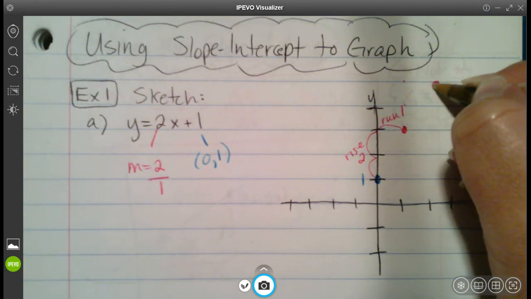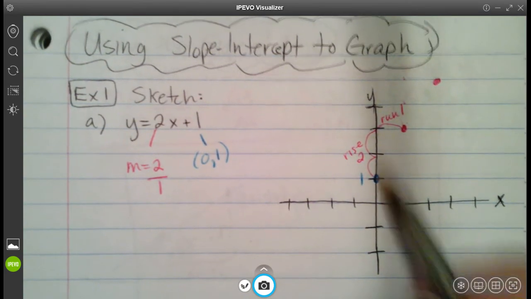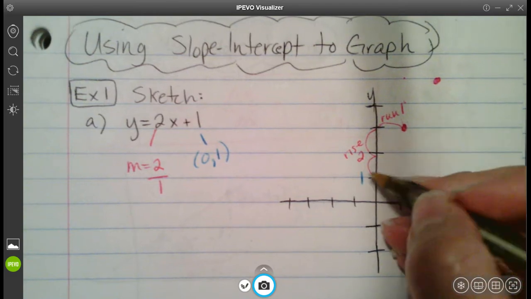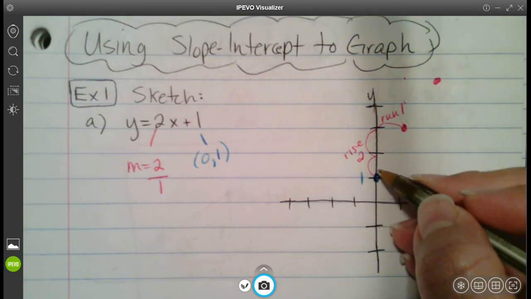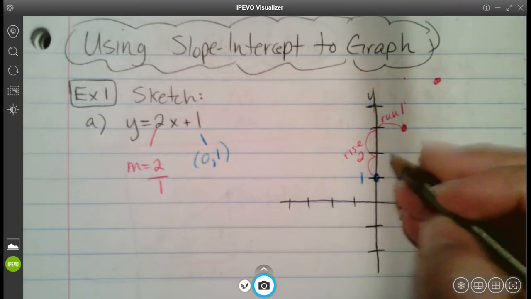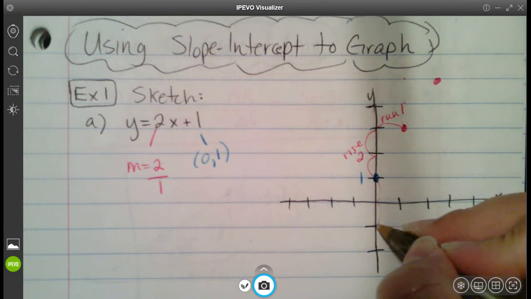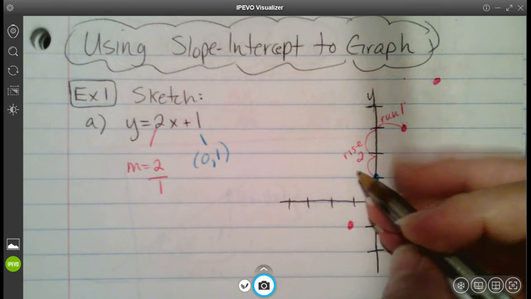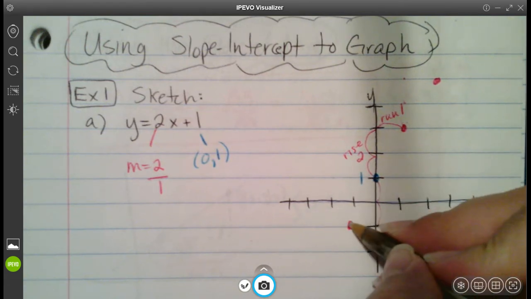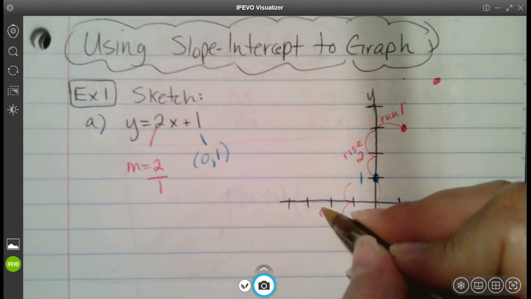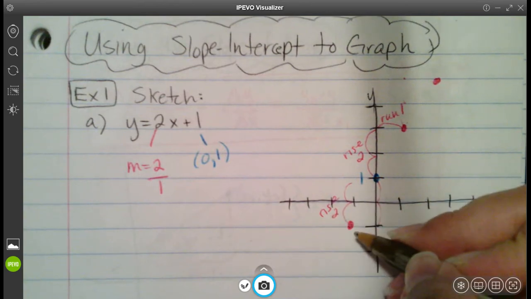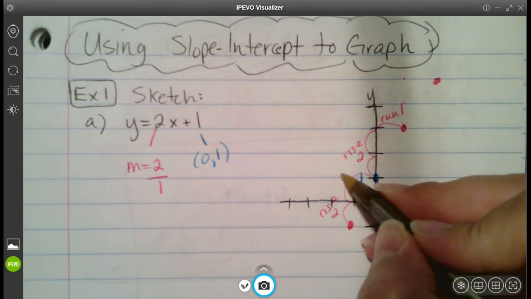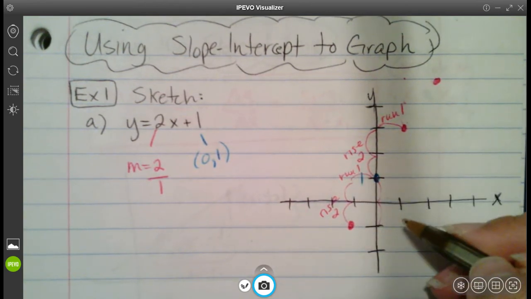You generally want to have at least 3 points. If, let's say, you couldn't go off the graph because it was too high, well then you would go backwards and kind of think of it backwards. So instead of going up 2, you would go down 2 and over 1. And to check, we can say, well, from this point to this point, I'm still going